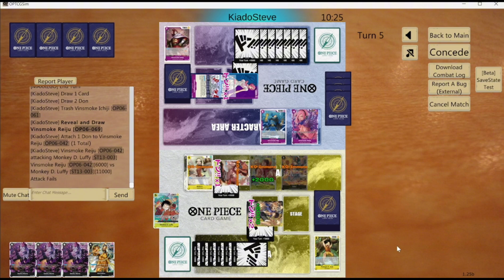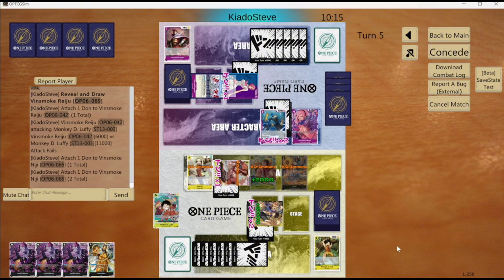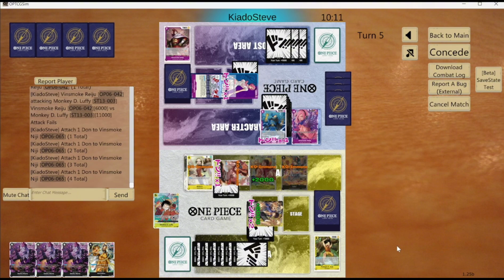And look, by no means is this guy top tier rank, guys. I'm just showing you guys how impressive this deck is and what it can do when piloted correctly in a position. Like right now he's about to swing, looks like he's gonna swing 8 into the ace, which, oh, he's gonna Don up and,